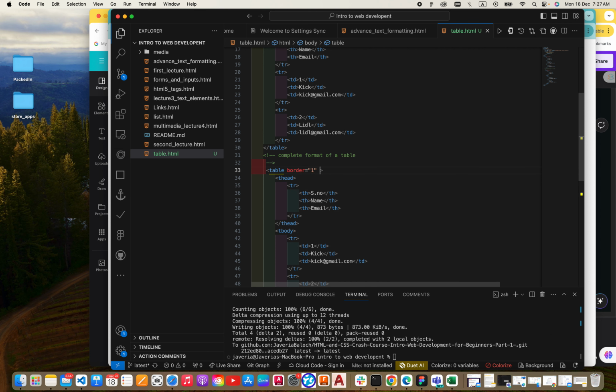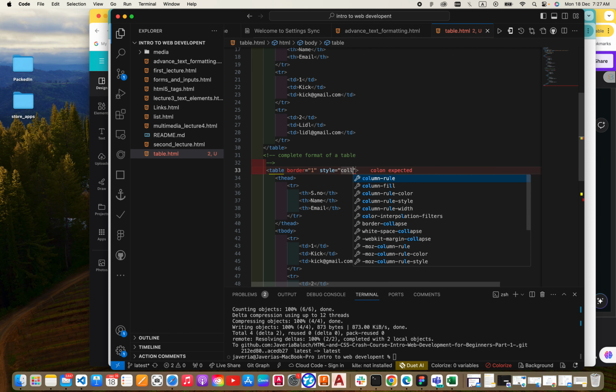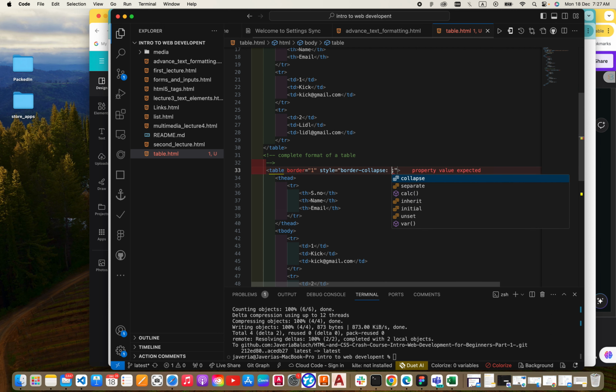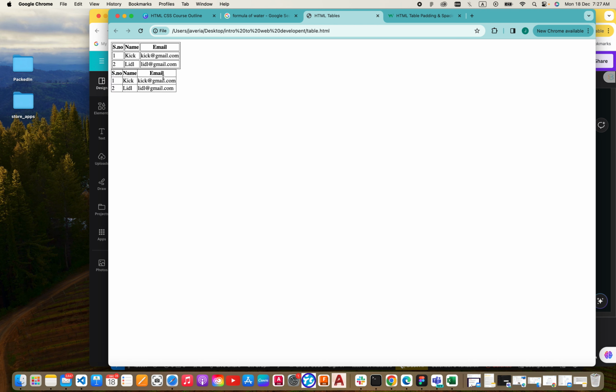and then style, yup, and collapse, yeah, border-collapse: collapse. I don't want separated, I want collapse. So here you can see borders are collapsed, like joined, and there is our basic